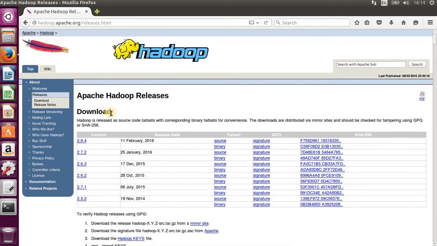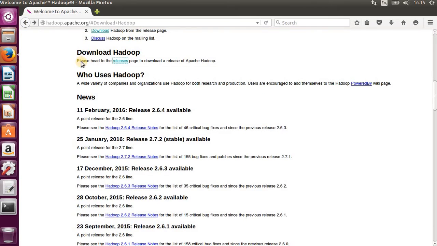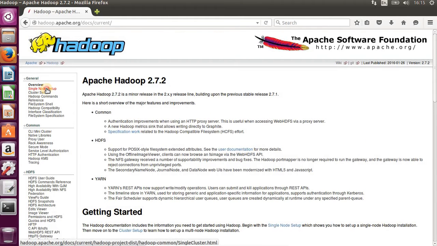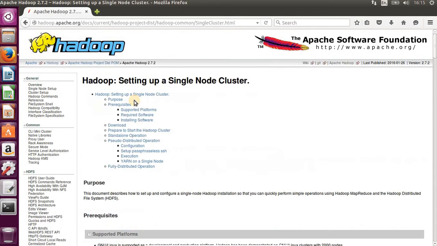First you go get the latest version from the website. I use version 2.7.2, which is the latest. And if you haven't done that, we'll now go to the documentation to see how to set up Hadoop on a single node